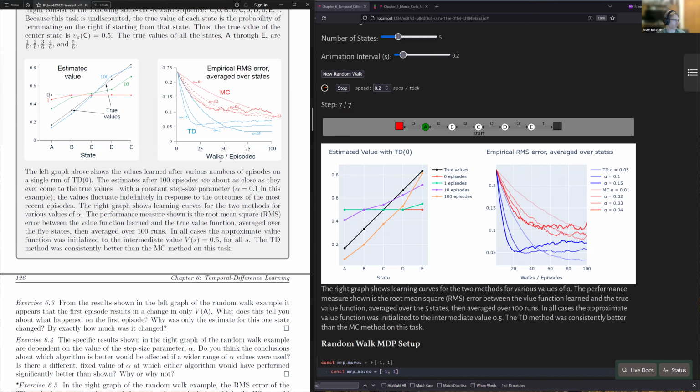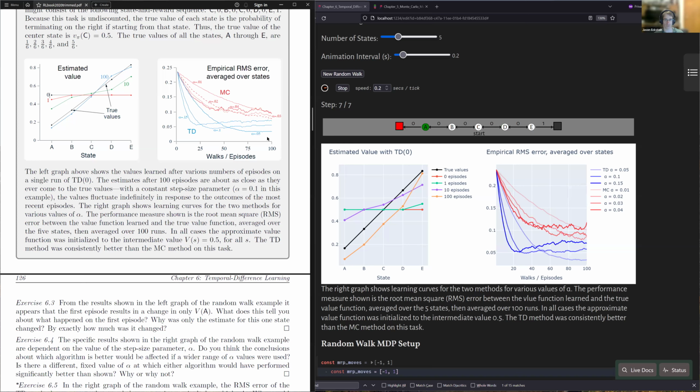For alpha, sure. So I told you that if alpha is smaller, it converges slower. That's the problem, but it could reach a lower error. For the TD method, the smallest alpha being plotted here is 0.05, but it actually has the lowest error. So the only problem with the smaller alpha is slower convergence, but this is already converged to a lower error than the other two. So it's possible that with an even smaller alpha, you would reach an even better TD error here, because we haven't seen the range. Like if I lower alpha to 0.04, it's possible it will, within this time frame, converge to an even lower